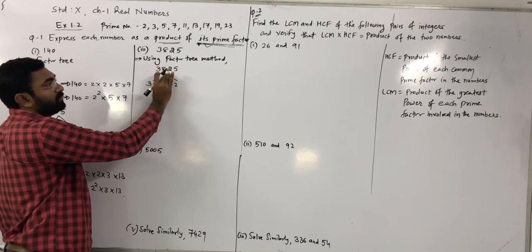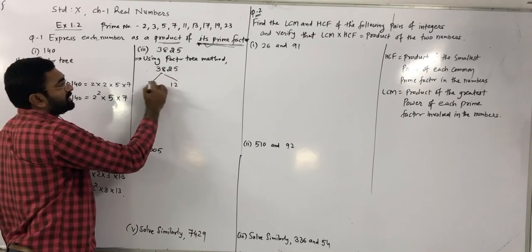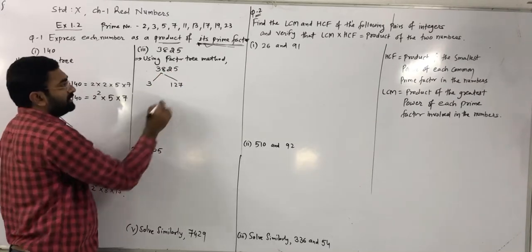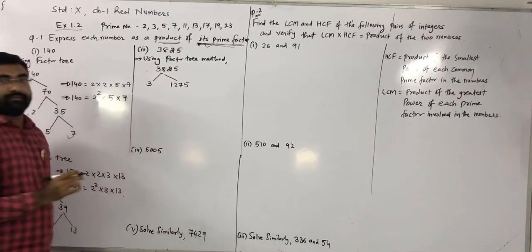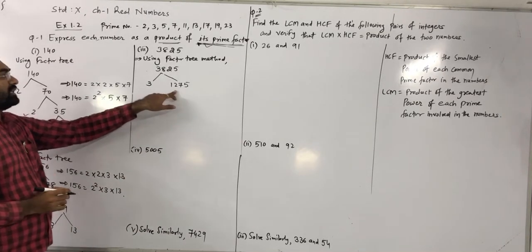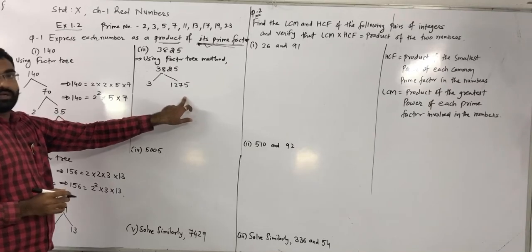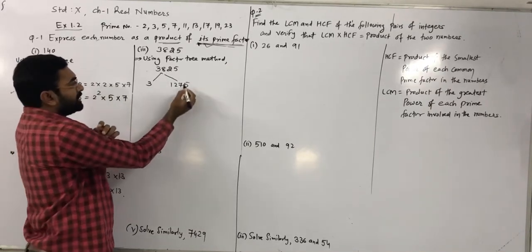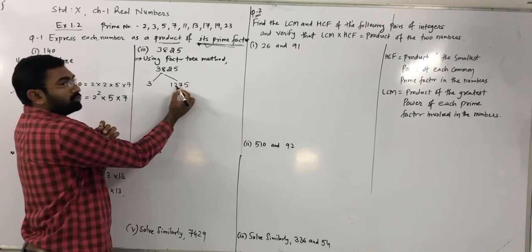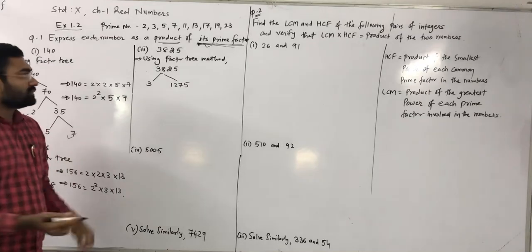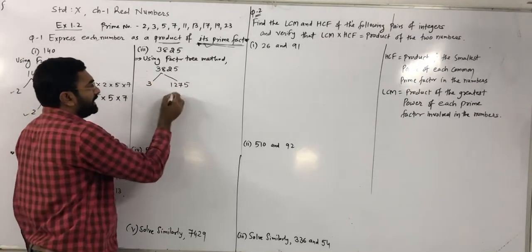So that number becomes 22. So 22 means 3 sevens are 21, and at last we get 15. So 5 fives are 15. Right? Now again we have to check whether that number is divisible by 3 or not. For that, each and every digit's addition we have to take. So 5 plus 7 is 12, 12 plus 2 is 14, plus 1 is 15. Yes, 15 is divisible by 3. So we can say that number is also divisible by 3.